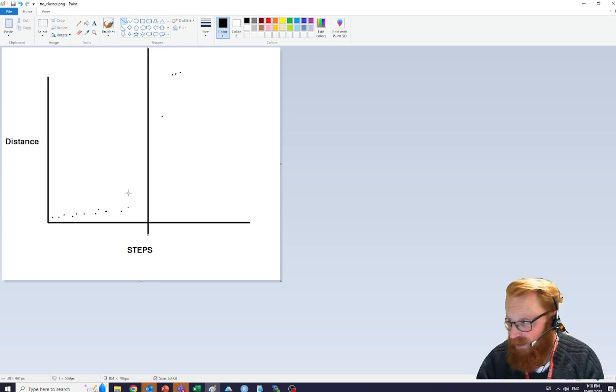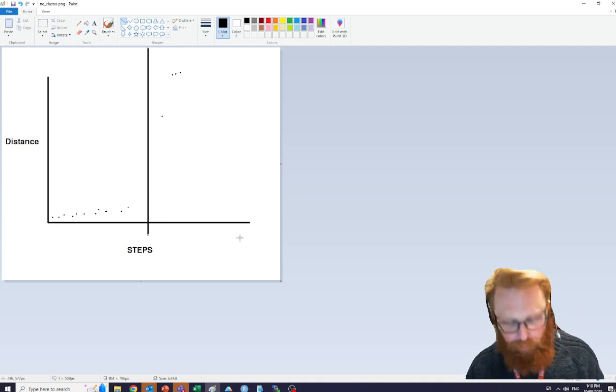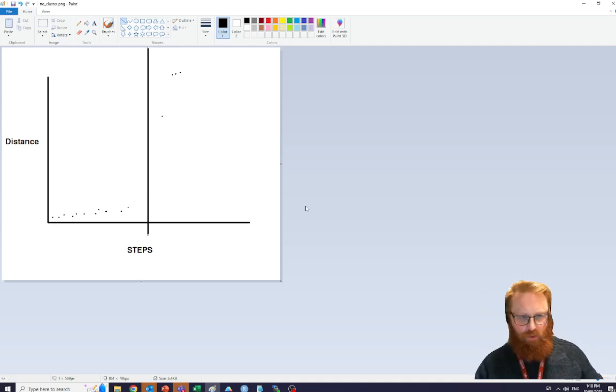Well, that's not what we do, right? We produce something called a dendrogram. So we're going to do hierarchical clustering in the next video, and we are going to look at a dendrogram and learn to understand